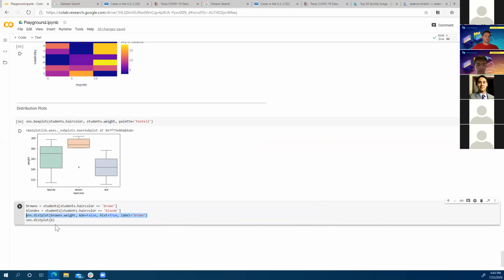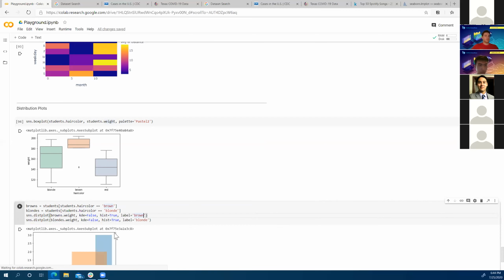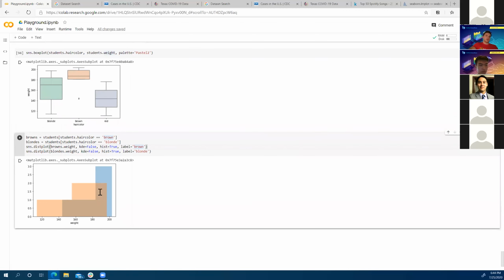The same thing. Just substitute blondes for brown. Okay, and then let's run that. So what did this do? We've got a lot going on here. Let me explain what's happening on these two lines.